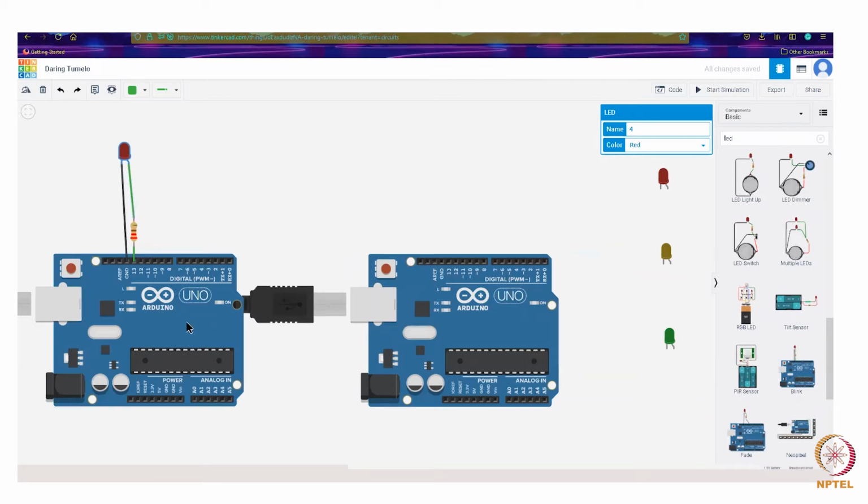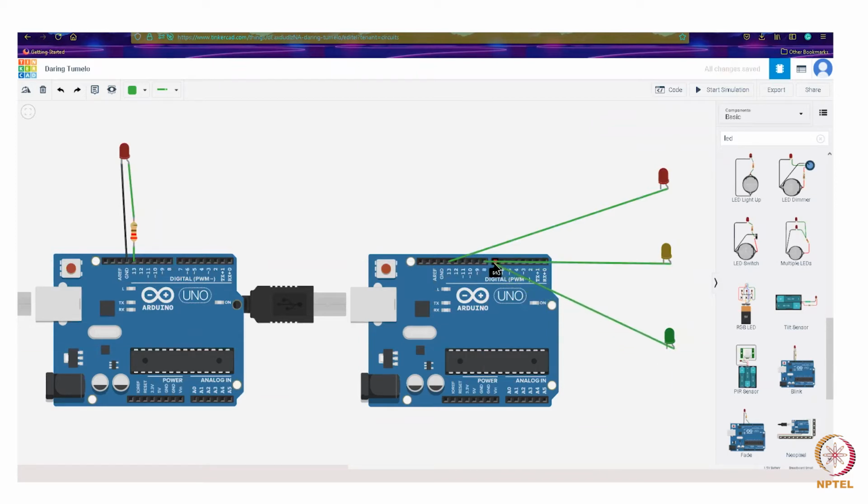Now there will be a certain program written in this, which will basically send the signal to the 13th pin of the Arduino, and the 13th pin will be sending a high voltage to the anode pin. We'll be using the same thing, but we'll be implementing our use case with this as well. I'll just choose a few digital pins. It can be 13. The second one can be 8, and then 7.